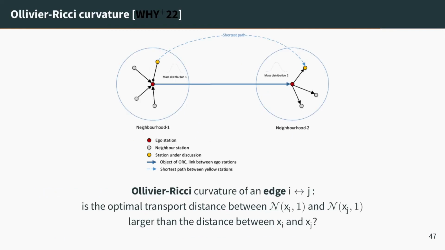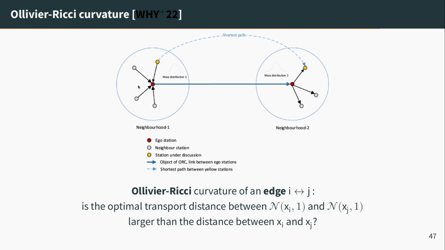Another alternative is to look at what we call the Olivier-Ricci curvature, which is defined using the theory of optimal transport. So here the idea is that it's also defined on edges on a graph. So you have your first vertex, second vertex, and you look at a small normal distribution centered around the first vertex and centered around the second vertex. So when I say normal distribution, it just means a distribution which is centered around this node, centered around this node. And then I say, what happens if I transport this distribution to this one? Okay, so I'm not going to dive into details because I don't think that all of you follow the class on optimal transport, but the intuition.